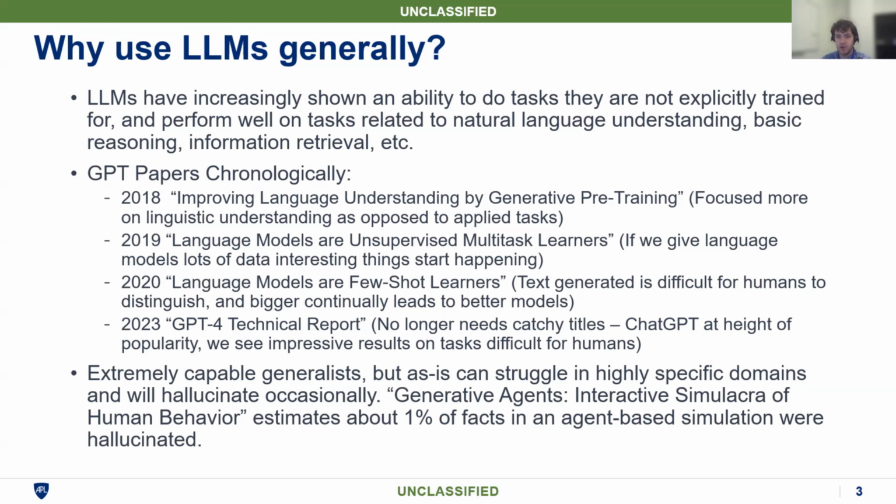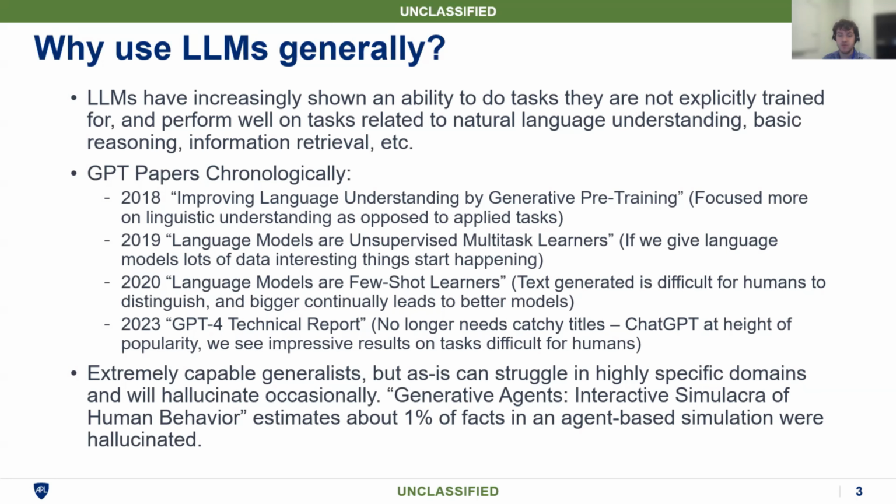There's this really cool paper called Generative Agents: Interactive Simulacra of Human Behavior, where they took a bunch of LLMs, or a single LLM but different agents implemented using that LLM, and gave them different biographies. Like, you're a student studying archaeology at the local college, and these are the things you like and the things you dislike. Then they put them in a sim-like environment and had them interact with each other, organize events, live their lives, and take actions like, I want to go to a restaurant. There was a little restaurant in the town that they could go to.